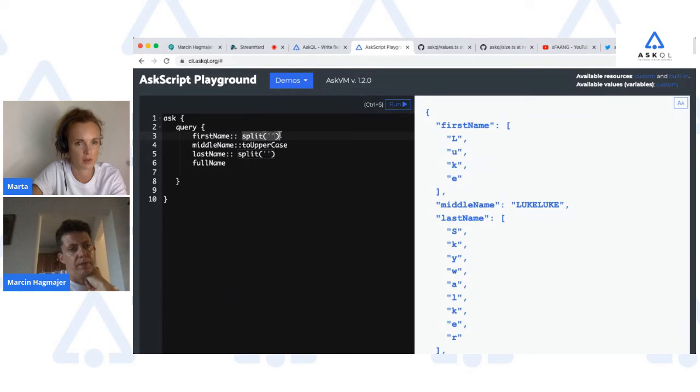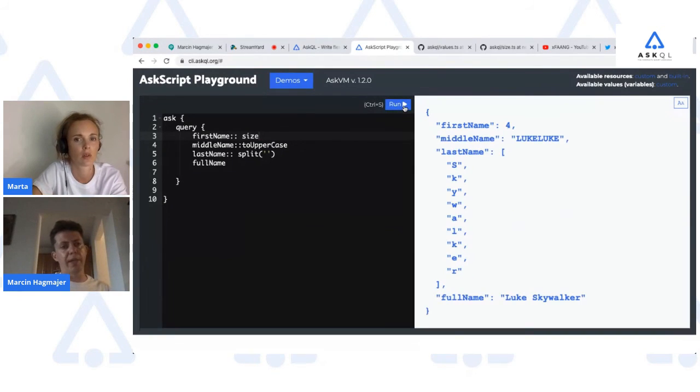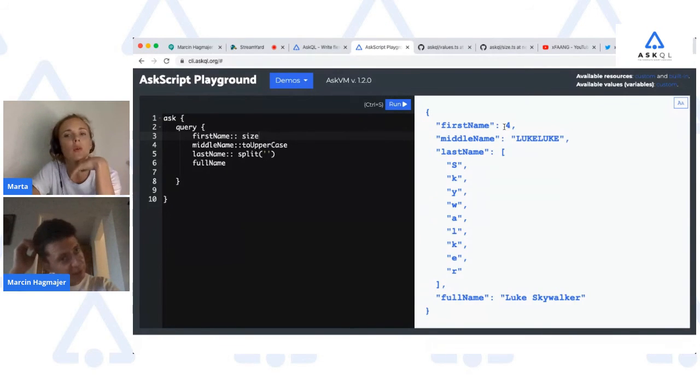Okay, that's the split. And size. Do I need the parentheses, just like this? You can. Size takes only one argument, so you can use the parentheses or not, that's up to you. It's not going to make any difference. It just returns the number of characters within a string.